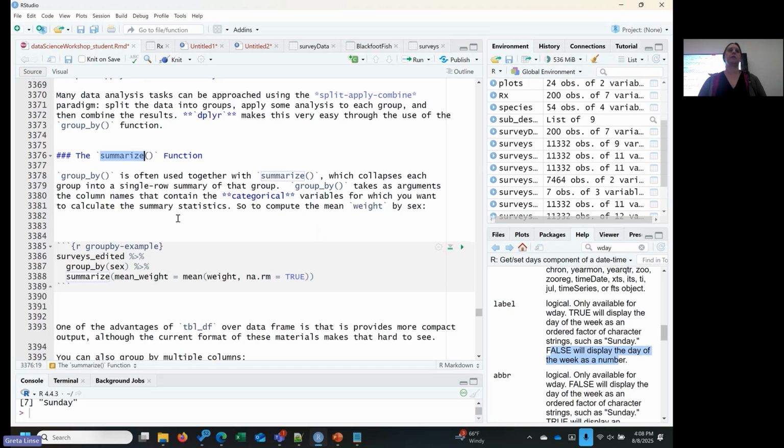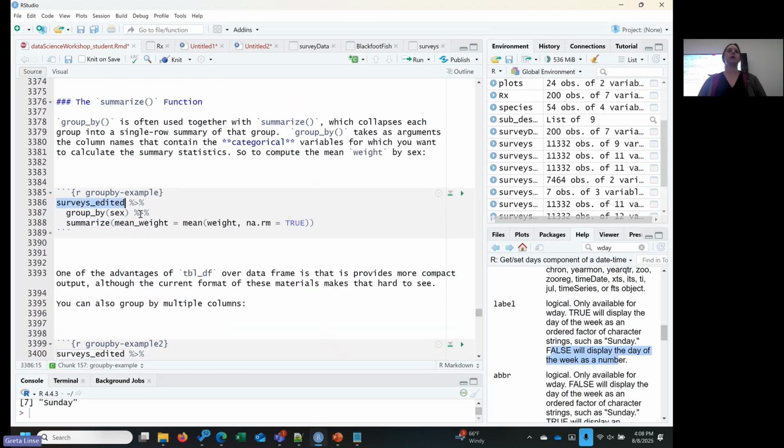So, for example, we start here with the surveys edited data set, which is one of our versions of the data. And then we're going to group by a categorical variable. An easy one is sex. We're going to group those together, and if you just run this part,